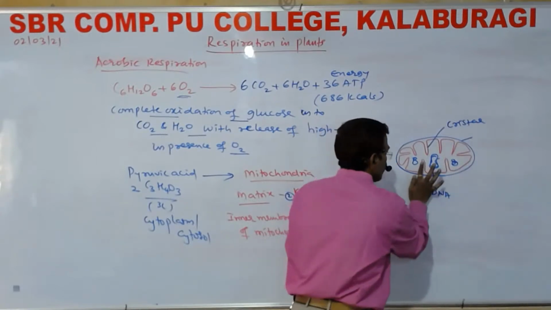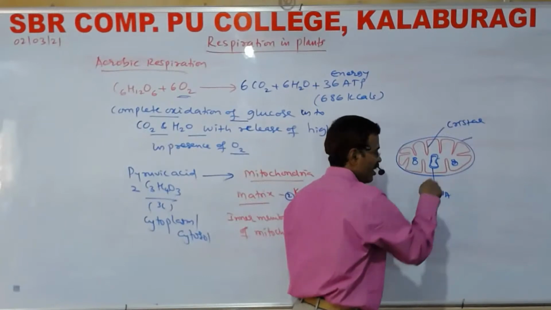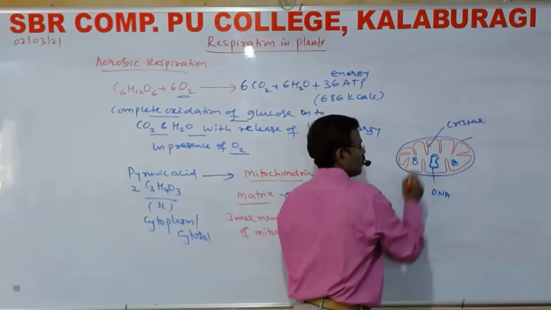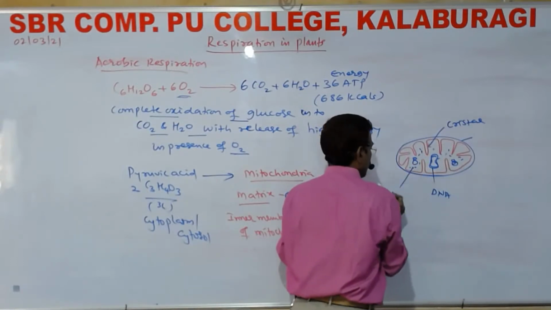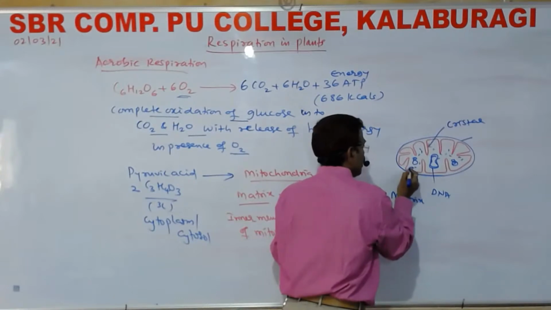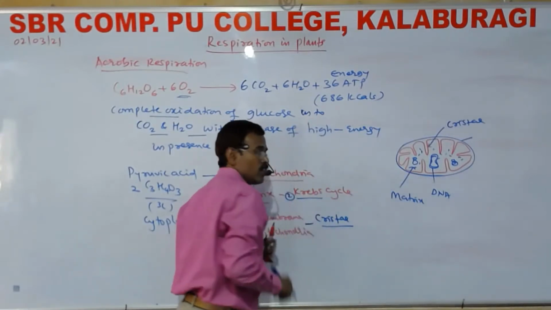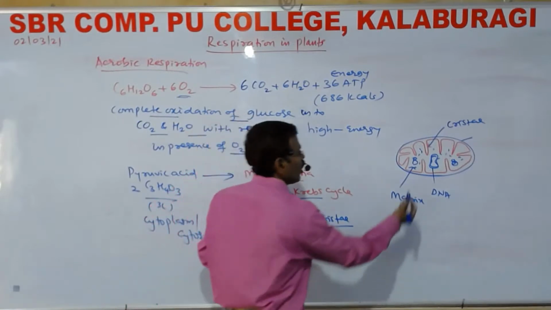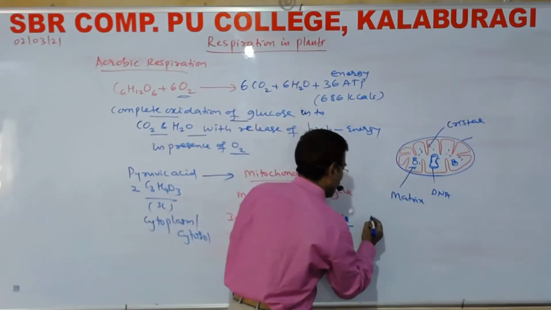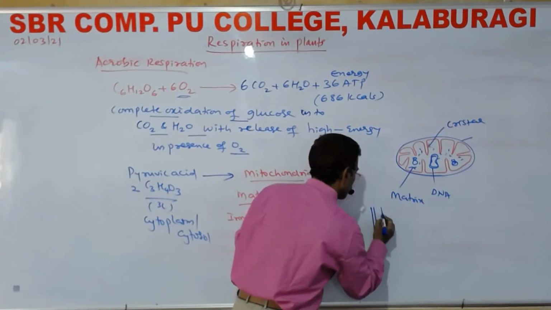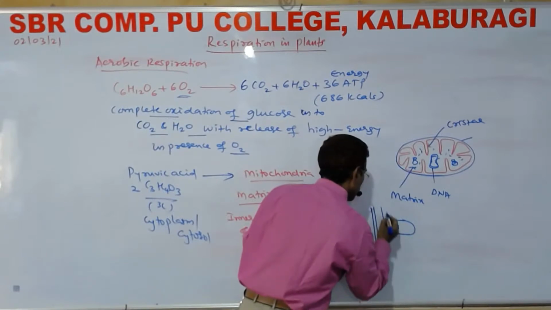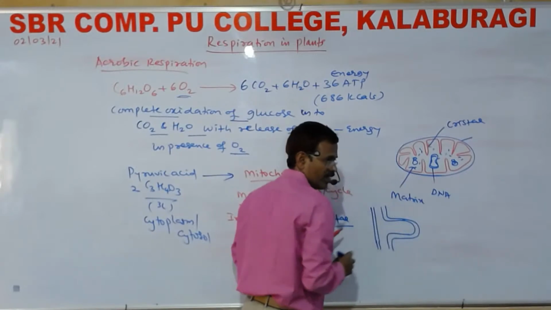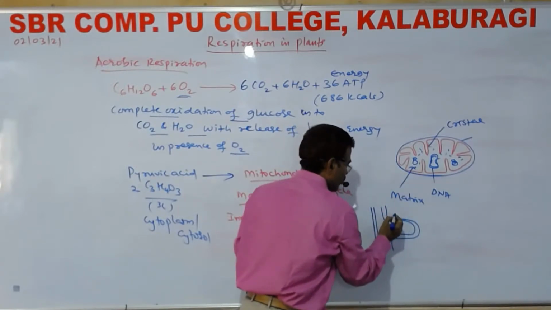Inner membrane is folded into finger-like projections, extending into the matrix. These are referred to as cristae. Okay, so this part, that is matrix. In the matrix of mitochondria, there is a peptide. And here, on the crista, if you take a single crista like this. This is crista. Okay, so on the crista,